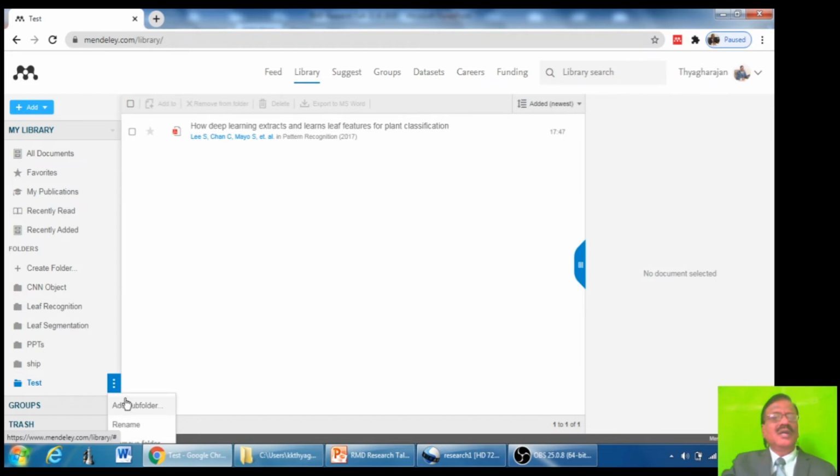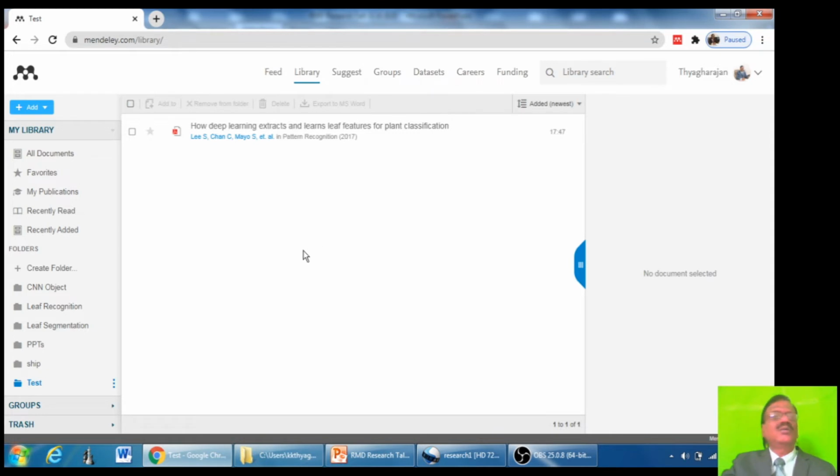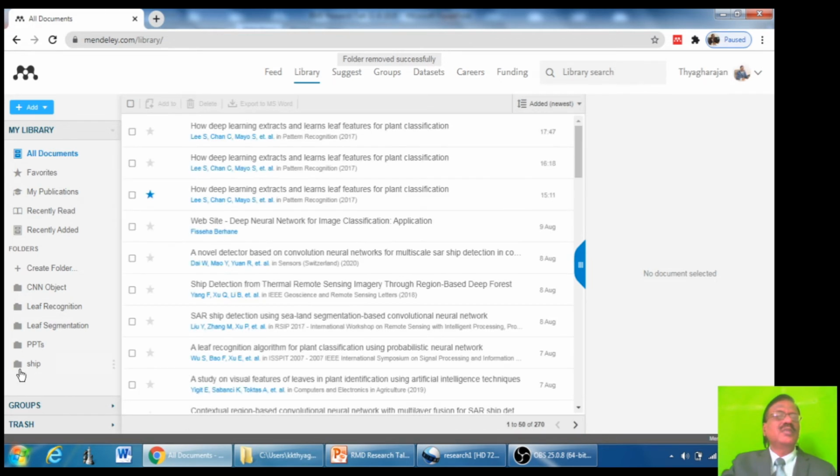You will have options, that is rename, add a folder, like that. The third one is remove folder. You click on that and it asks, are you sure you want to remove this folder? You click OK. Now that test folder is removed. You see here it is removed.